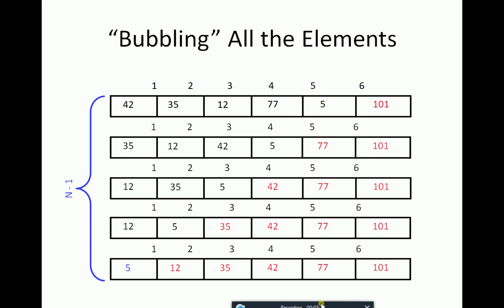What we can see is there are a total of 6 elements, so we need to perform only 5 passes. So we require a maximum of n minus 1 passes if we have a total of n elements.